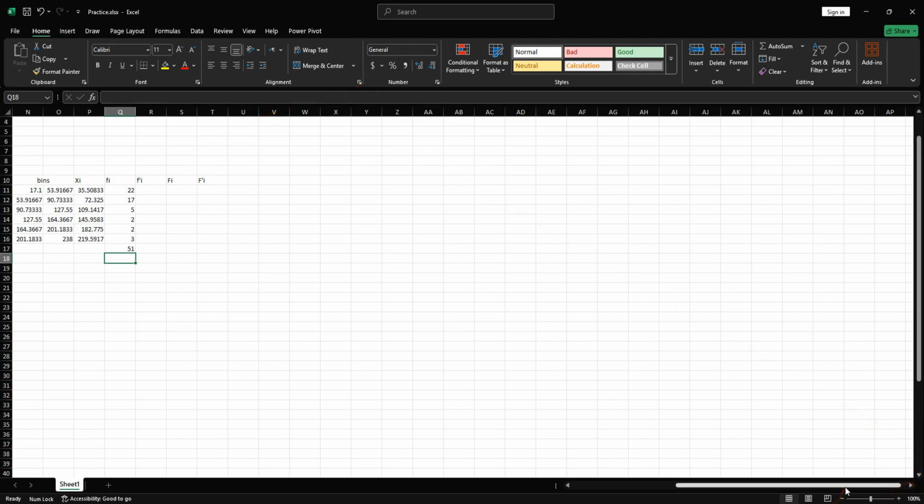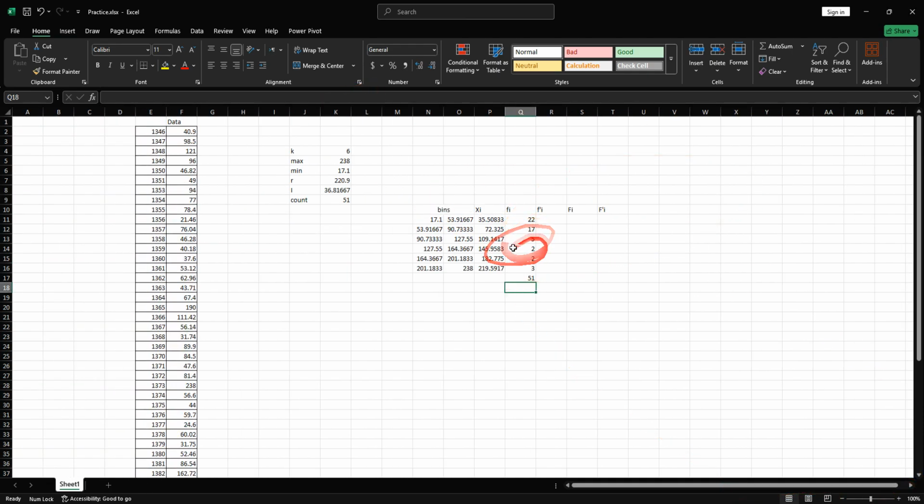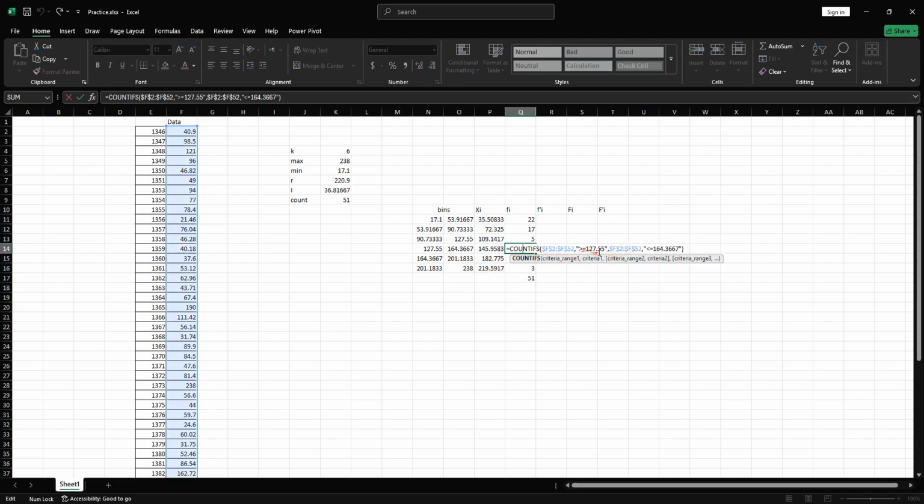So 51. The sum of all of my frequencies should be equal to the count of all of my data. So here it is, and this indicates that my frequencies are calculated in the right way. If sometimes it was greater than that, it means that when you have put this equal to in all of the bins, in all of the conditions of the bins, sometimes one value is shared between two bins. I mean, it's like